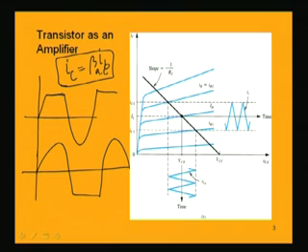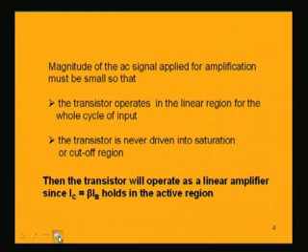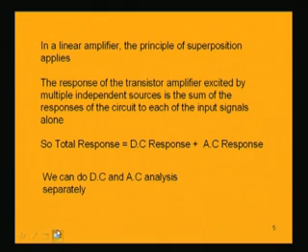analysis and AC analysis, because when a system is linear, if we apply multiple signals to the system, then the total response of the system will be the superposition of the individual responses. That means the superposition theorem holds when a system is linear, and that has an advantage for analysis of the transistor. So, superposition for the transistor means that the response of the transistor amplifier excited by multiple independent sources is the sum of the responses of the circuit to each of the input